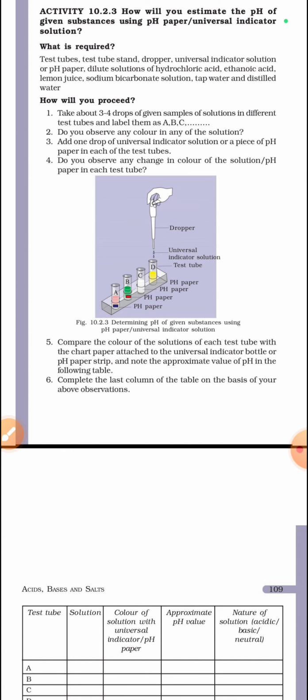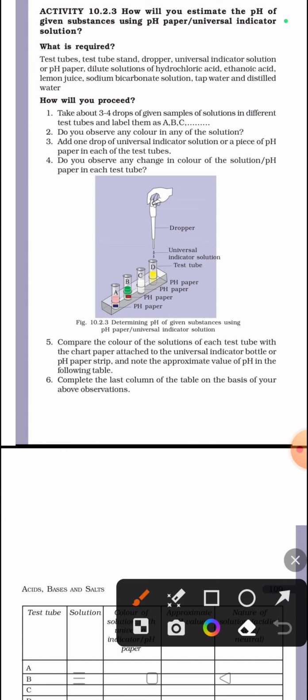Let's start. First activity from chemistry. How will you estimate the pH of a given substance using pH paper or universal indicator solution? In this activity you have to find out the pH value of the given substances by using the pH paper,